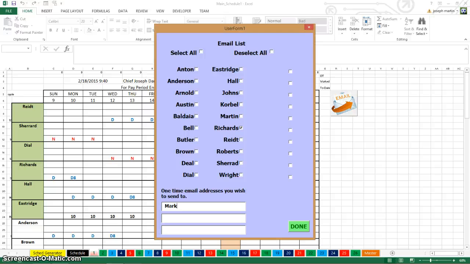Mark Sure Shot Richards at somewhere.com. So I put these 3 in there, so you have 3 alternate addresses on somebody that you don't want to add to a permanent email list, but you want to send it to yourself, to your wife, one time. So then you click done,